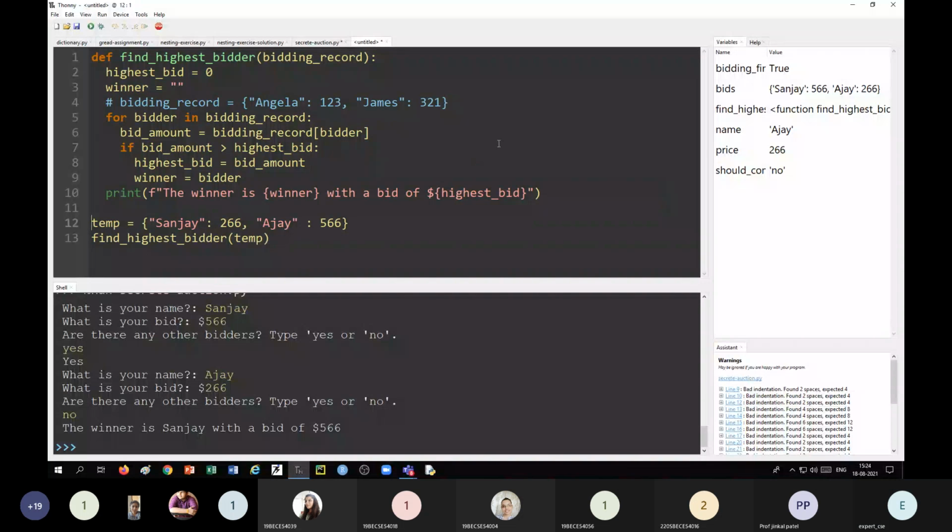Now, in the next lecture, we will write a code for a coffee machine, which uses list and dictionary with nesting of both of them. So I think this is one of the best projects of this course.